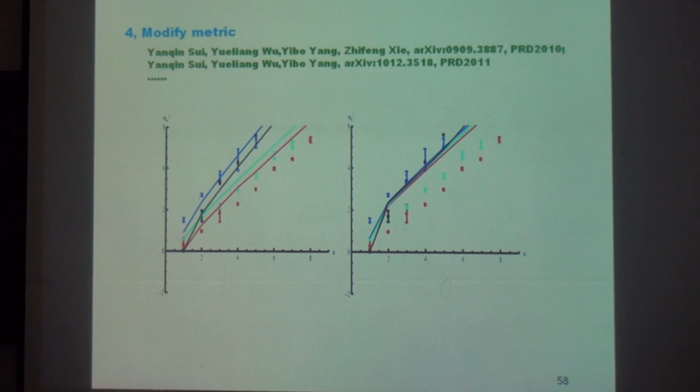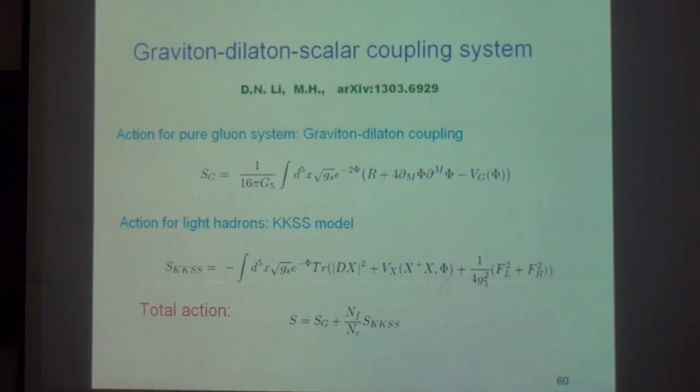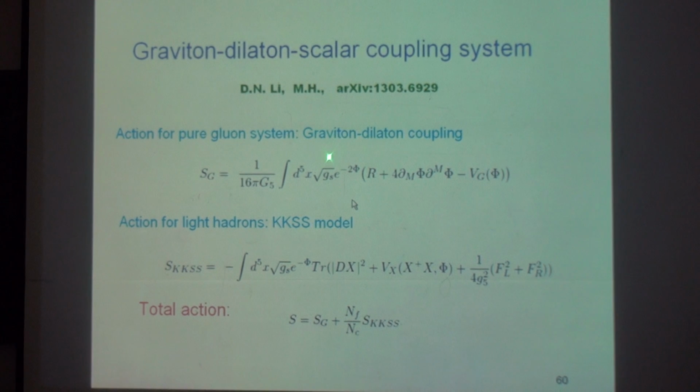So basically the problem is that you have to realize chiral symmetry breaking and the linear Regge behavior, and at the same time get the linear potential, in a unified model. This is the goal of our framework. It turns out that it seems not that trivial, but it's not complicated. Basically we have such a graviton-dilaton system for